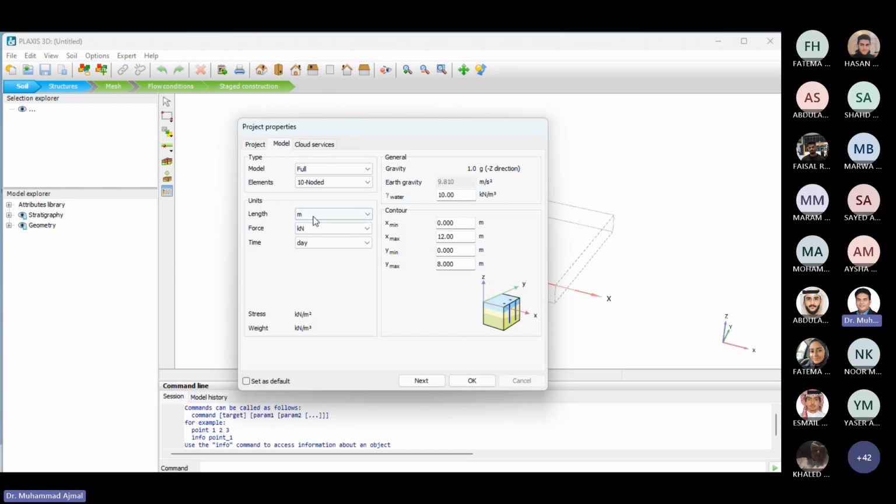After that, you have units, which is meter. Force, we are going to put kilonewton. And the time, I will use days here. These are default options. I will not change them. And stress units will be kilonewton per meter square. Unit weights will be in terms of kilonewton per cubic meter. Now, we know that gravity of the earth is 9.81, so we will not change that one, and gravity is going to act in z direction. So if you observe here, axes are shown, x and y is representing the plane area and z is representing